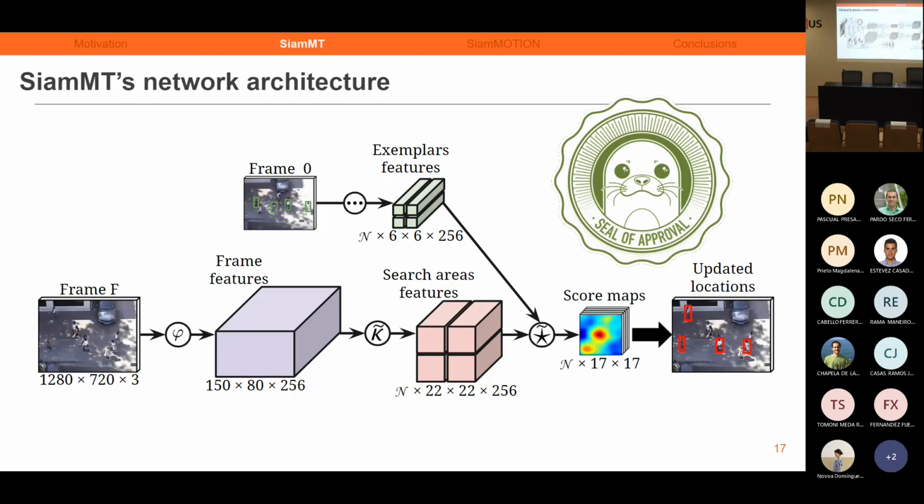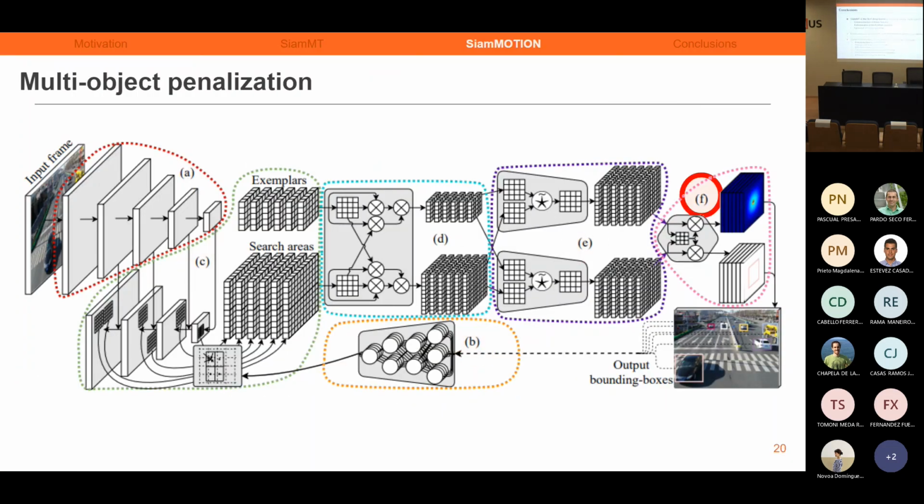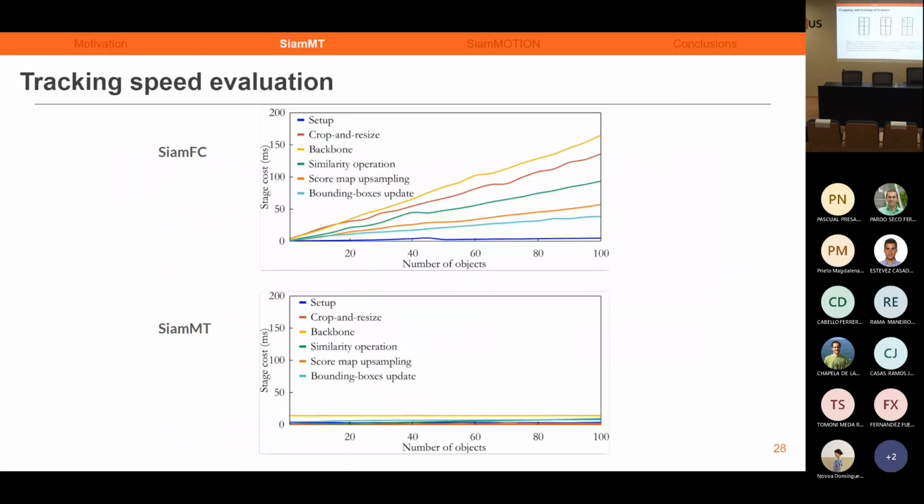For example, this is the measurement of times per operation for SiamFC and SiamMT. As you can see, for each object, SiamFC times increase linearly, so more objects, more time.